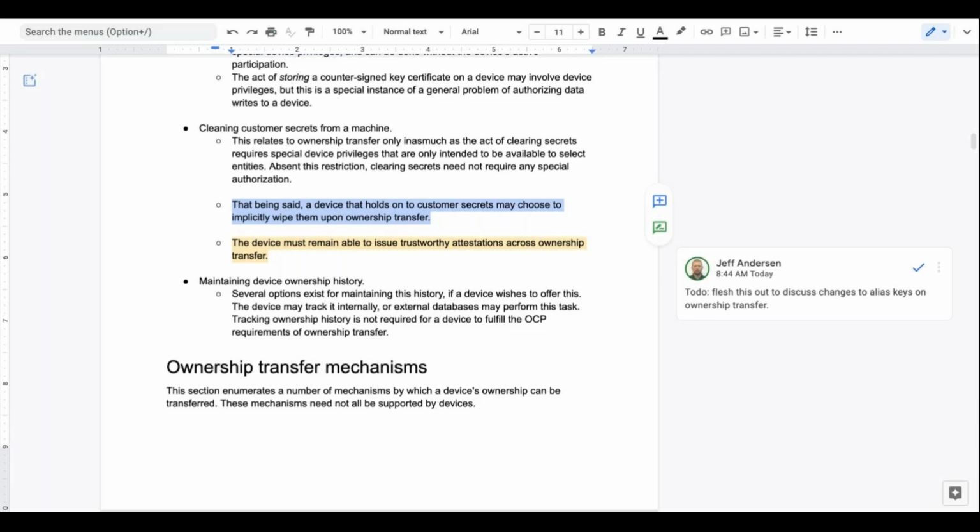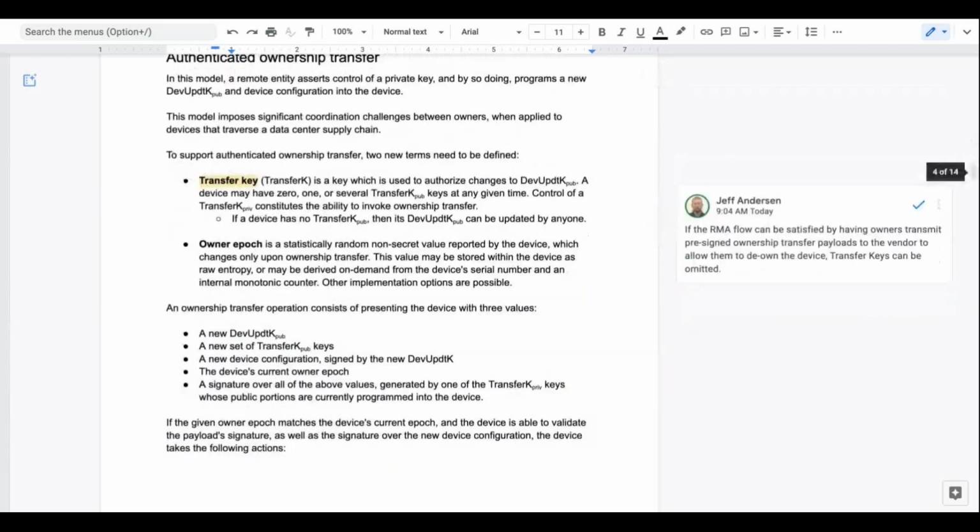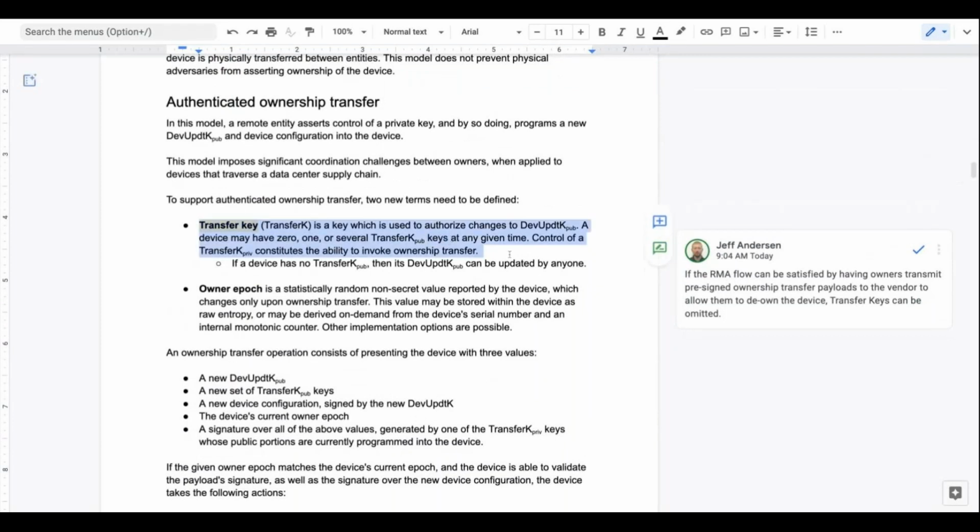And Jeff, I would agree with you that the wiping of secrets is a related activity, but it's not necessarily the default. It should be separate, because not all devices will store secrets of any kind. Exactly. So, Jeff, I guess an observation then is your thought is if I put the transfer keys in, I don't have to worry about coordinating between the RMA return, a functional device, or some signed piece of data going back with the device to the original manufacturer.